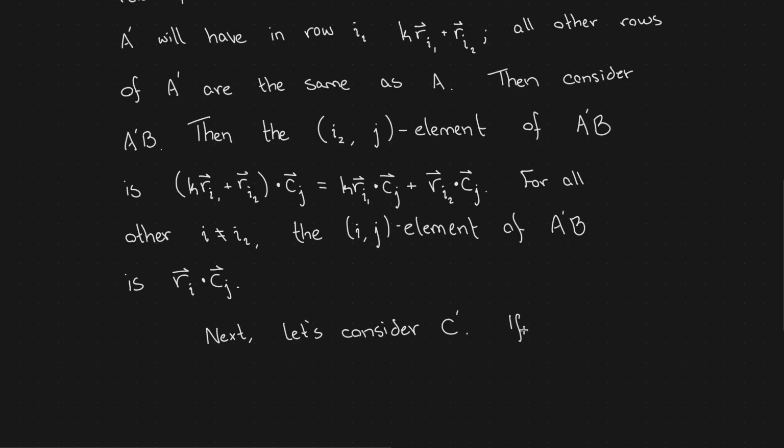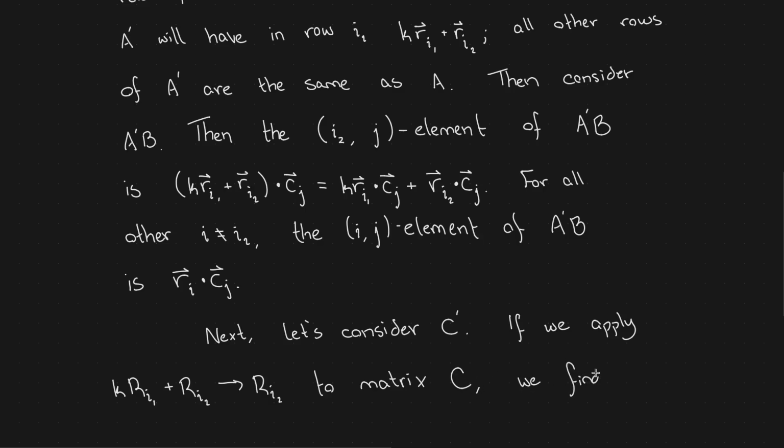So if we apply the same row operation, k times row I sub 1 plus row I sub 2, and store the result in row I sub 2, to matrix C,